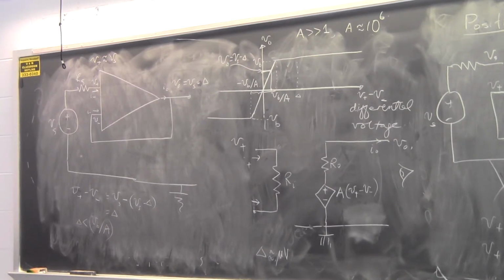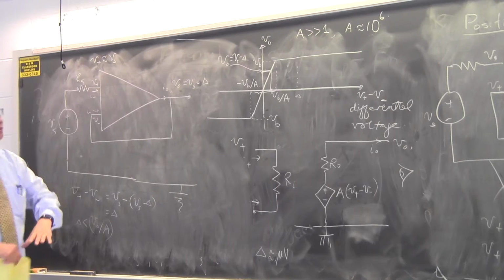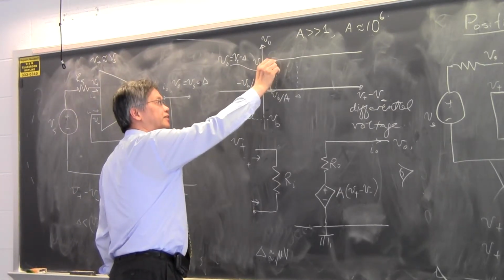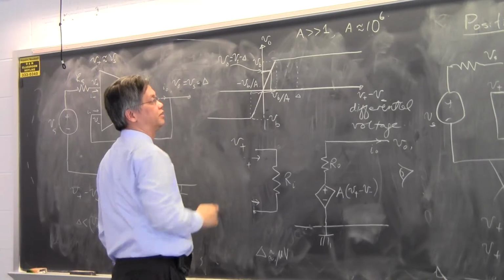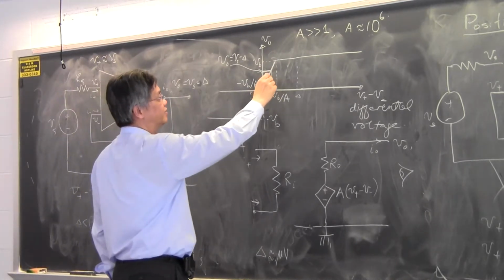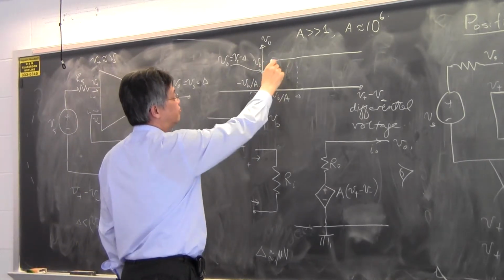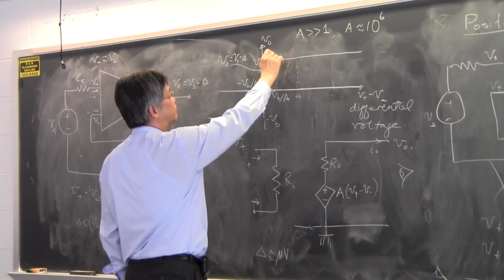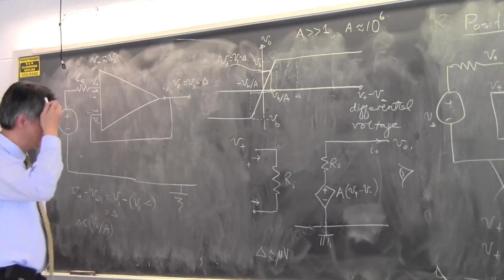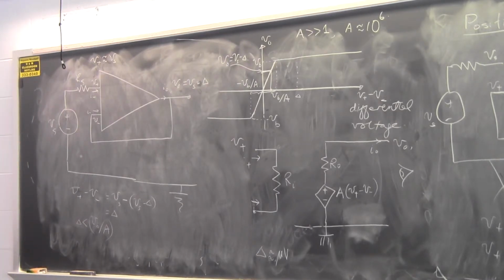Okay, and if you keep making Vs larger, then you will be working closer and closer to saturation. Finally, if you reach saturation, you're out of the linear range, and your VO cannot grow anymore. But your Vs can grow. So what happens is that that is not the regime that you want to be in, because if Vs grows, but VO doesn't grow, what happens,